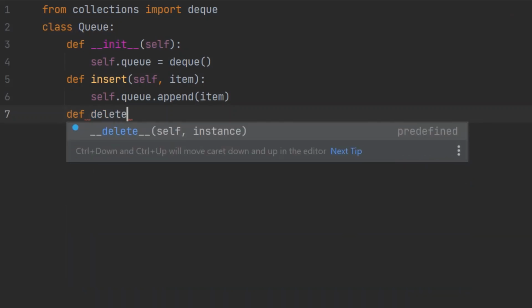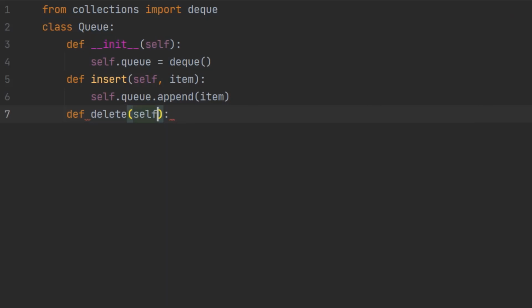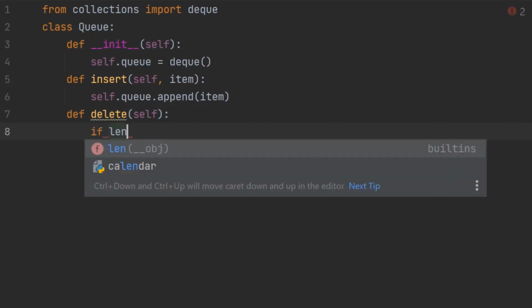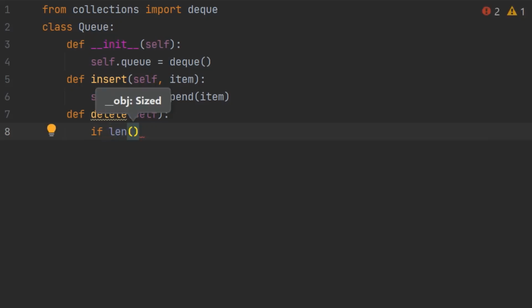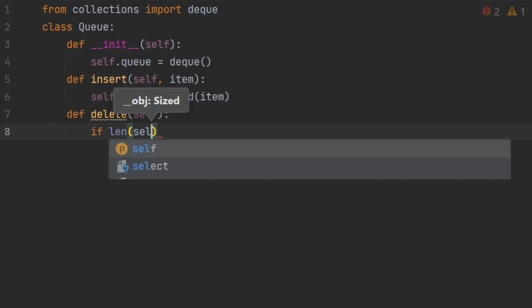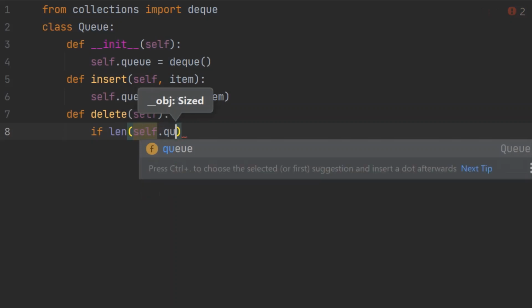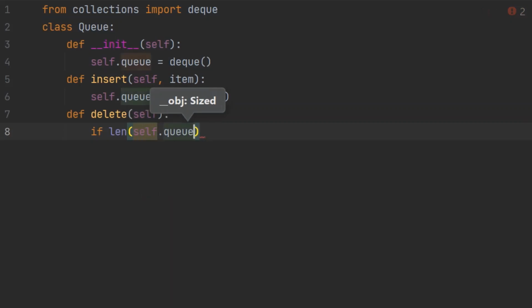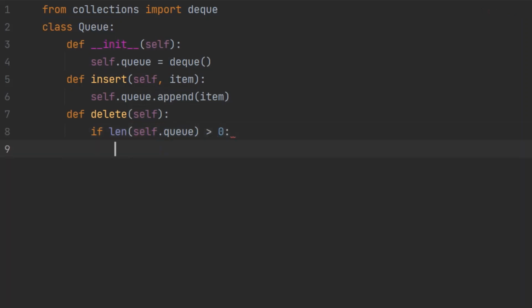Since this is going to be a delete process, I'm going to name it as delete, and within brackets I'm not going to have any variable over here because this function is not going to receive any value, but I'm going to check a condition. So if length of the queue is greater than 0 or not, if this is true, then I'm going to return, which is I'm going to delete a value, else I'm not going to do that. So I'm going to check the length, is this greater than 0 or not. If it is true, then I'm going to return.